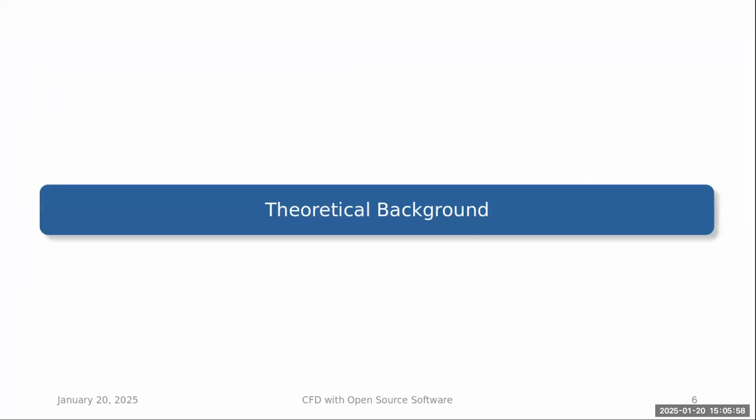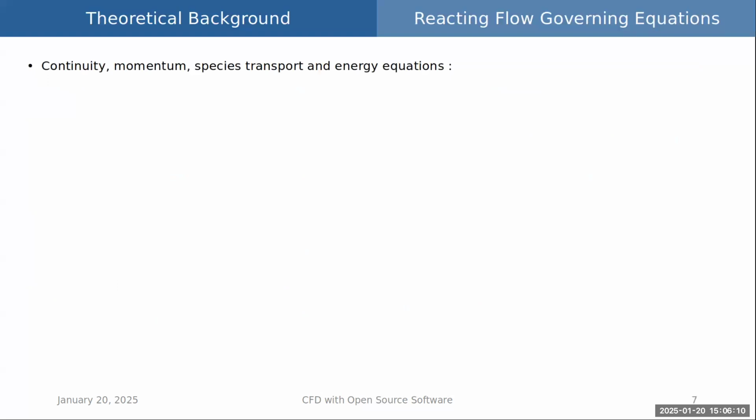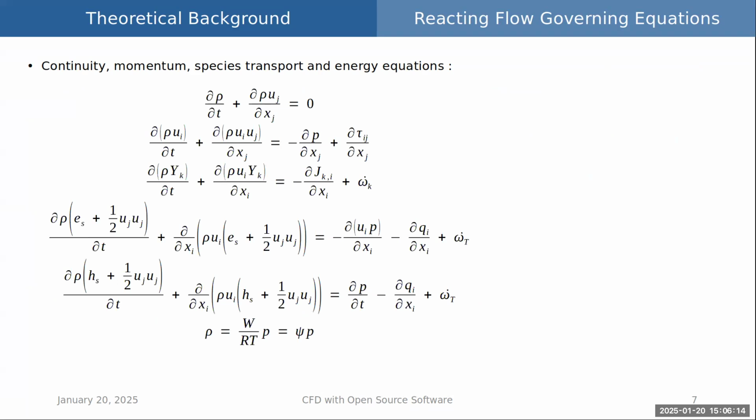So after this quick introduction, I will present the theory of reacting flow by showing you some governing equations, and then I will present the theory of the central scheme. The governing equations solved in reacting flow are the following. I guess we will see them a lot during this week, so I won't go into too much detail. But basically, we have the Navier-Stokes equations plus one transport equation for the species mass fraction Y_k, for every species being considered,